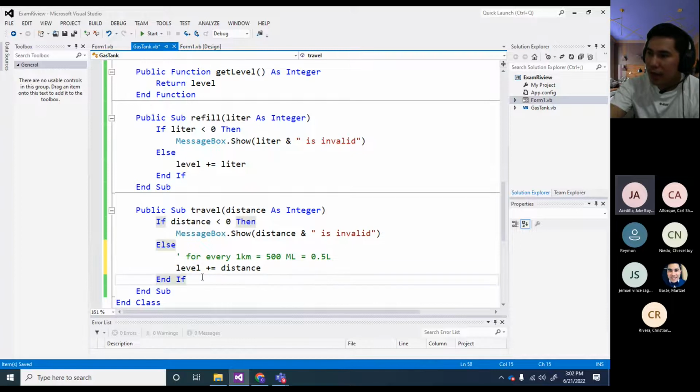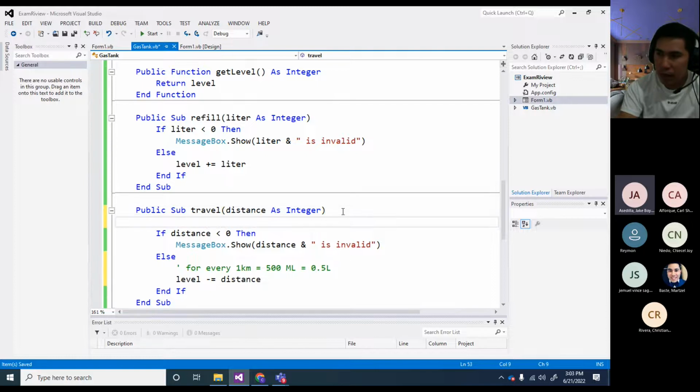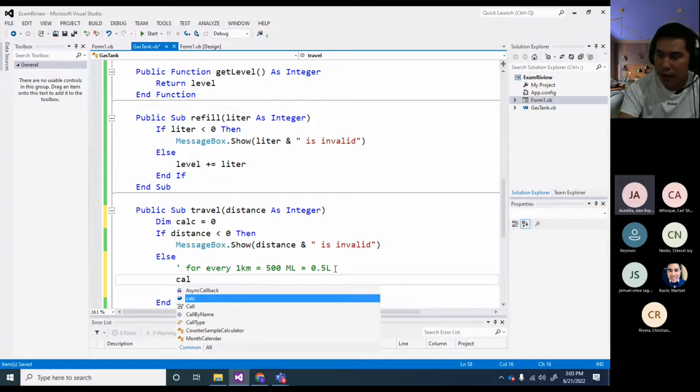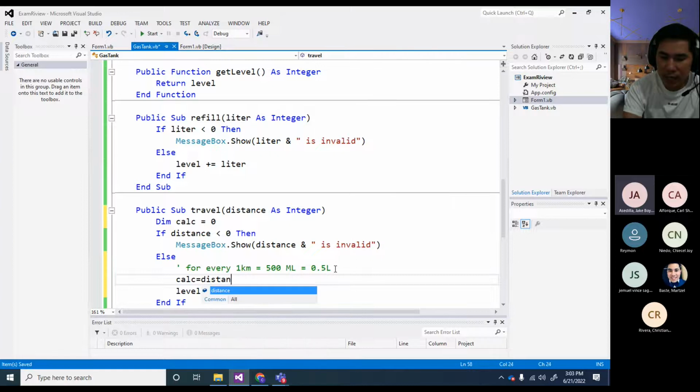In the formula for the level, it should be subtracted by the distance. So we convert, let's say, kilometers into liters. That means we need to calculate it, let's say calc equals 0. So we calculate it by the distance times